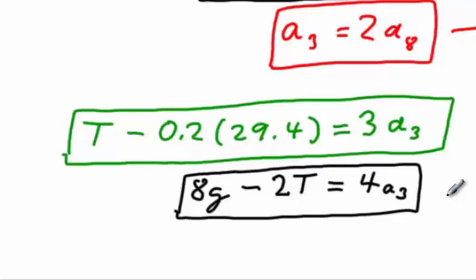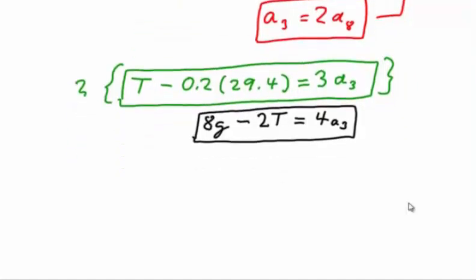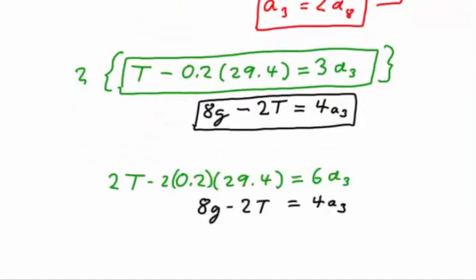The easiest way to place these in the familiar context that we're used to is to double the first equation by multiplying the entire equation on both sides of the equal sign by 2. This will yield twice T in both equations, making them easy to solve. After we've completed that algebra, we have the following pair of equations. These two equations are now easy to solve simply by adding them together, causing the tensions to cancel, yielding the result